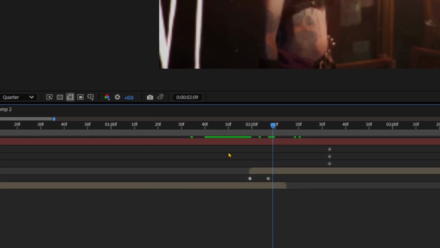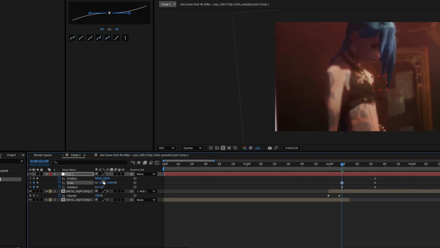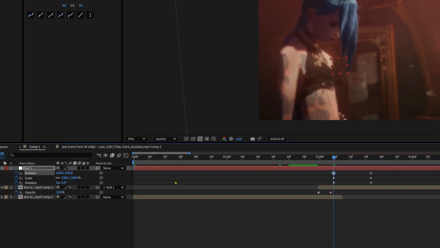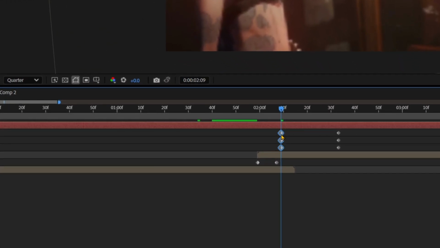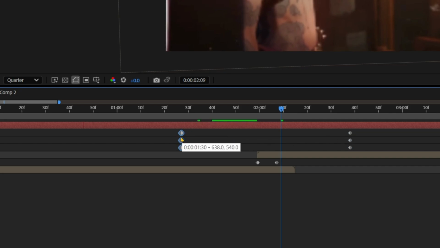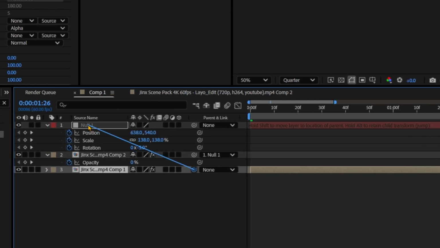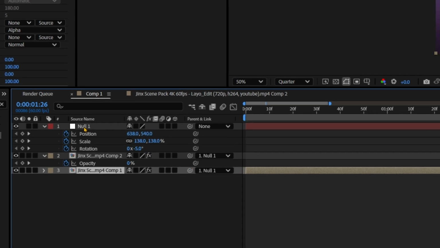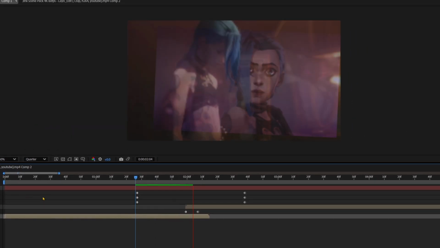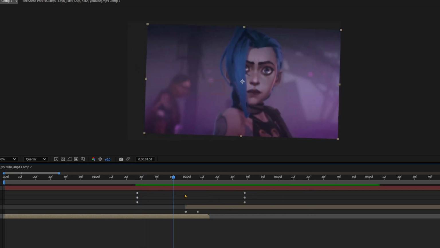And then you're going to want to move this a bit. So add some rotation, maybe scale it, bring it here like this. It doesn't really matter. Just however you think is good. And then drag it out quite far like this. Then you're going to want to go to these keyframes and then go backwards one frame and then link the first clip with the null. As you can see, there is a sort of transition, but it is so choppy, and then there's like a weird grey black background